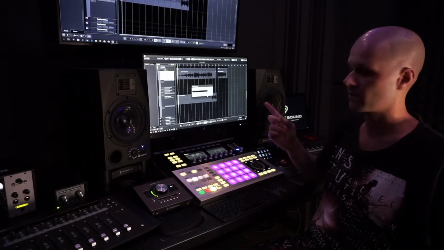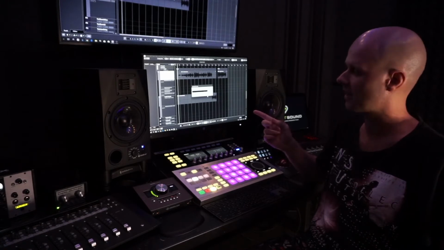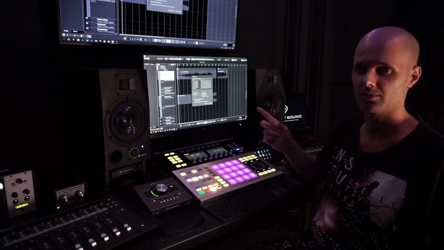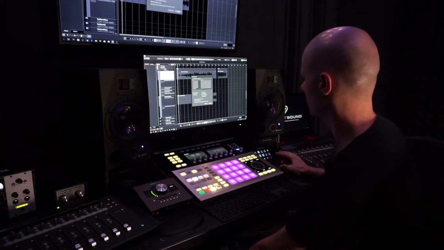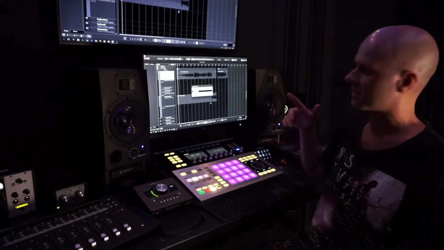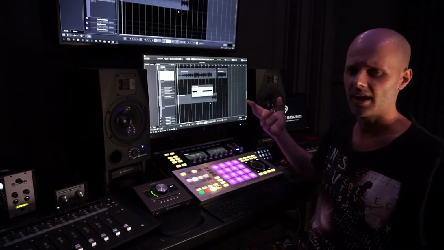And this is probably the worst thing about Cubase. I love everything else about Cubase. It does a lot of things that Pro Tools can't do and other programs can't do. But I'm just going to abort loading that. But yeah,